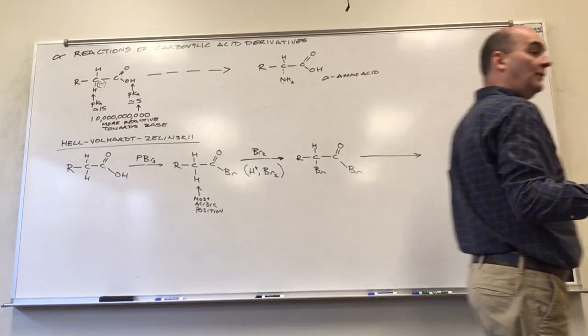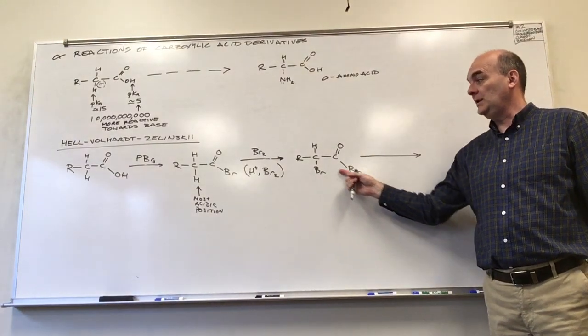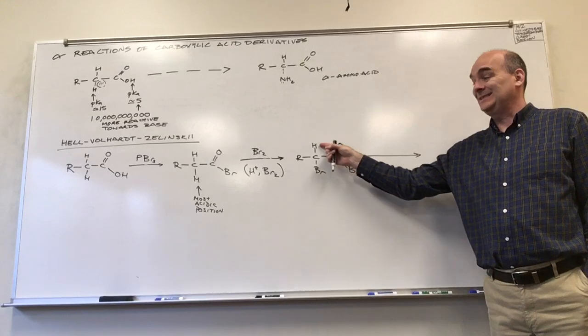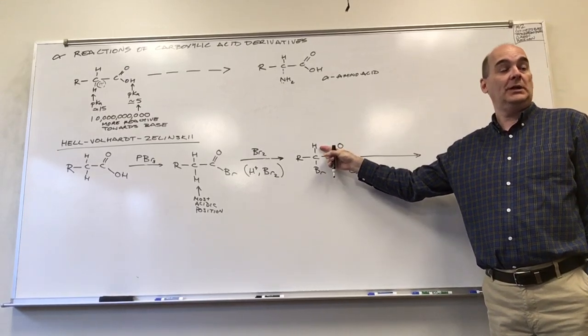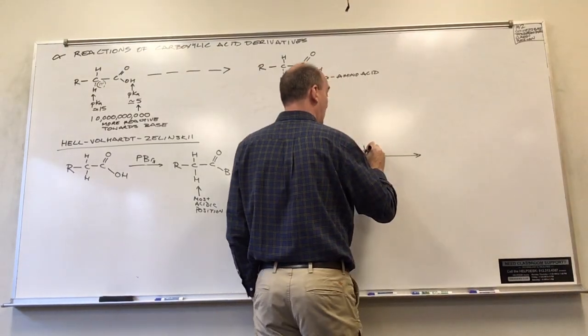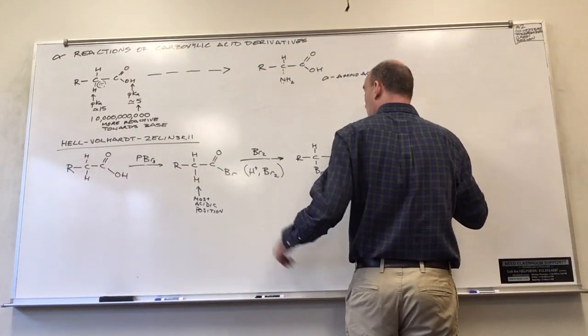Now let's get rid of the acyl bromide and convert that back to being an acid. How would we do that? Two possible ways. You could add hydroxide, and hydroxide would do the nucleophilic acyl substitution here, but hydroxide is still a base, and that's still acidic right here. So I probably wouldn't put it in base. I'd just do the acid catalyzed hydrolysis of this acyl bromide. So this would be H plus and H2O, and you just do the hydrolysis, which is probably one of the reasons why,